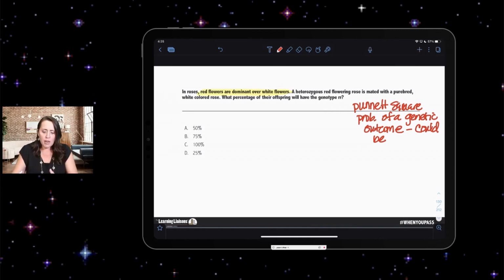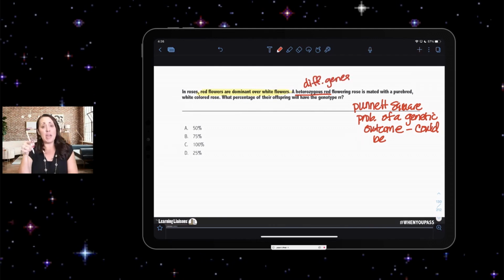So what do I have here? I've got a heterozygous red flowering rose. Now in my head, just so you know, the heterozygous red flowering rose is going to be one that has actually inherited different genes along the way. So I'm going to write that up here